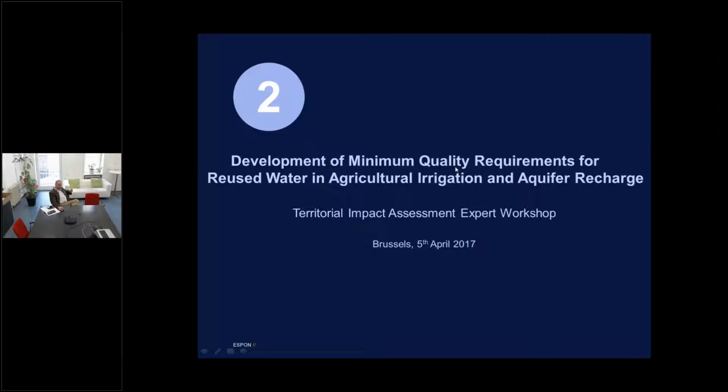which calls for a certain minimum quality when you reuse water. Take, for instance, water from a sewage treatment plant, for watering your plants, for using it in agriculture, but also for pumping it back into the aquifer environment, and waiting there to have a cleaning effect in the groundwater, and then using it again. So this is a highly technical thing, but on the other hand, it is highly relevant for a